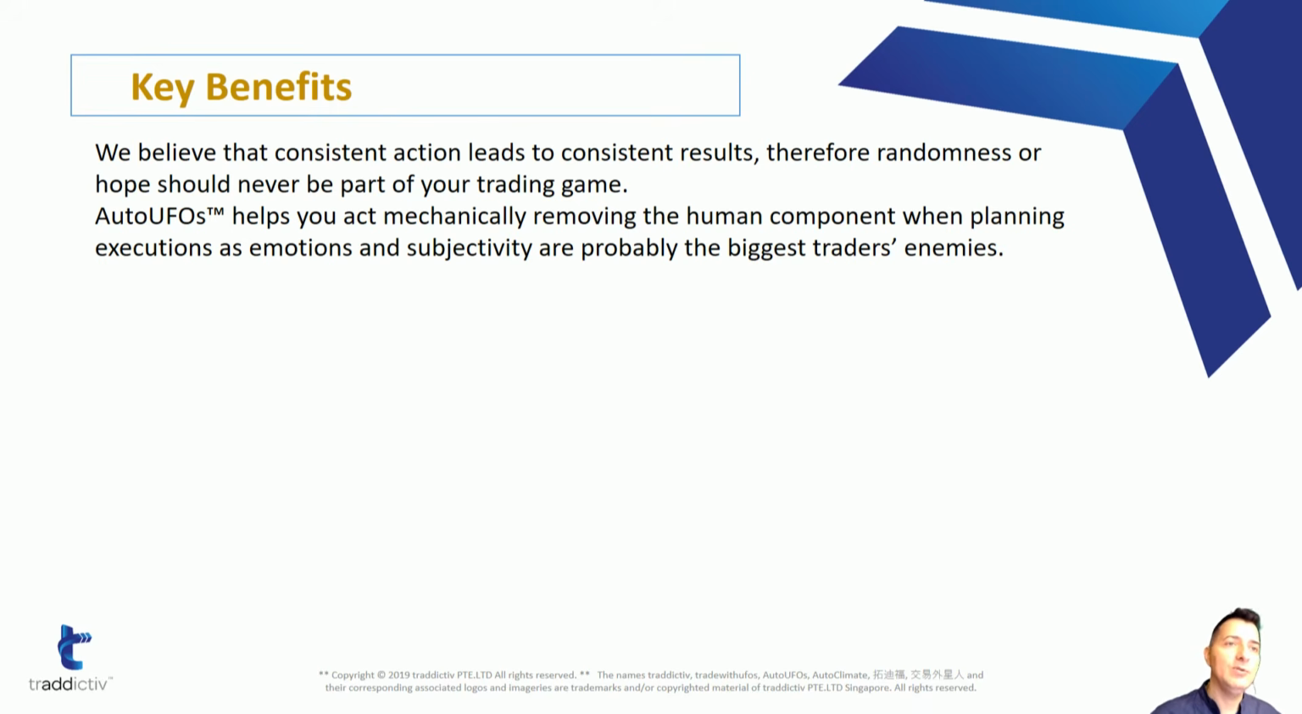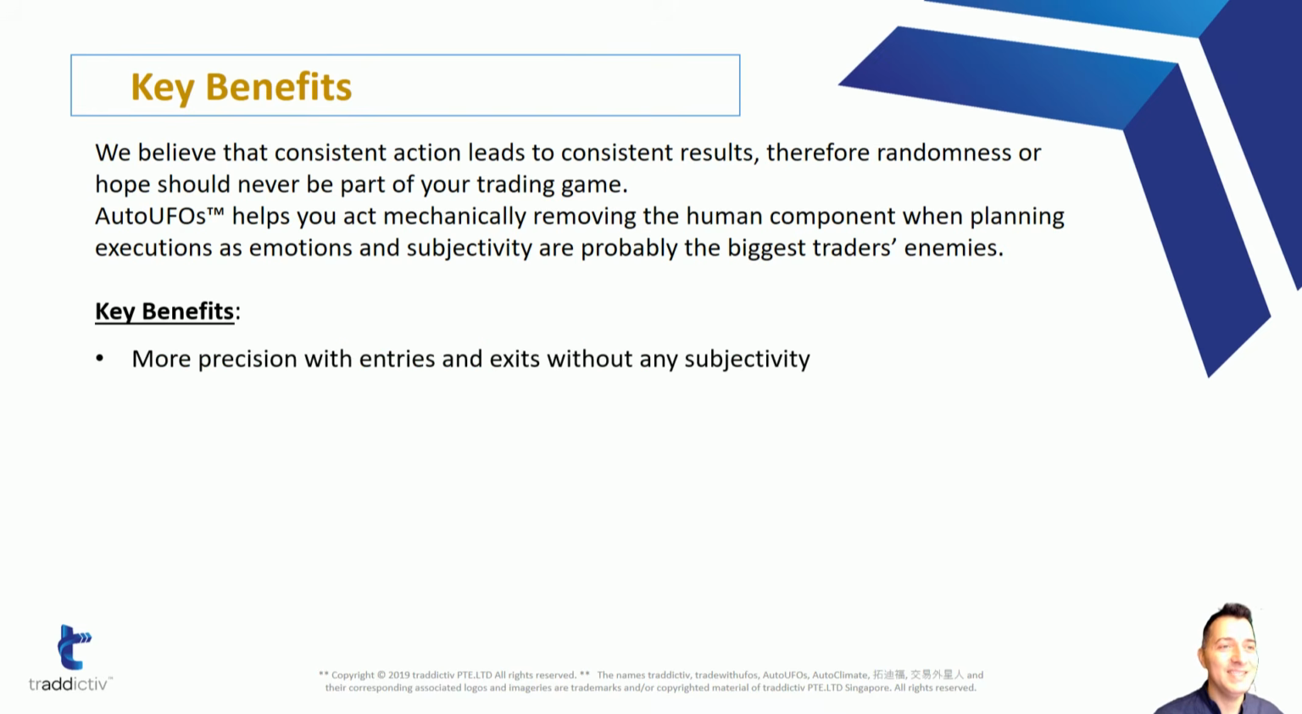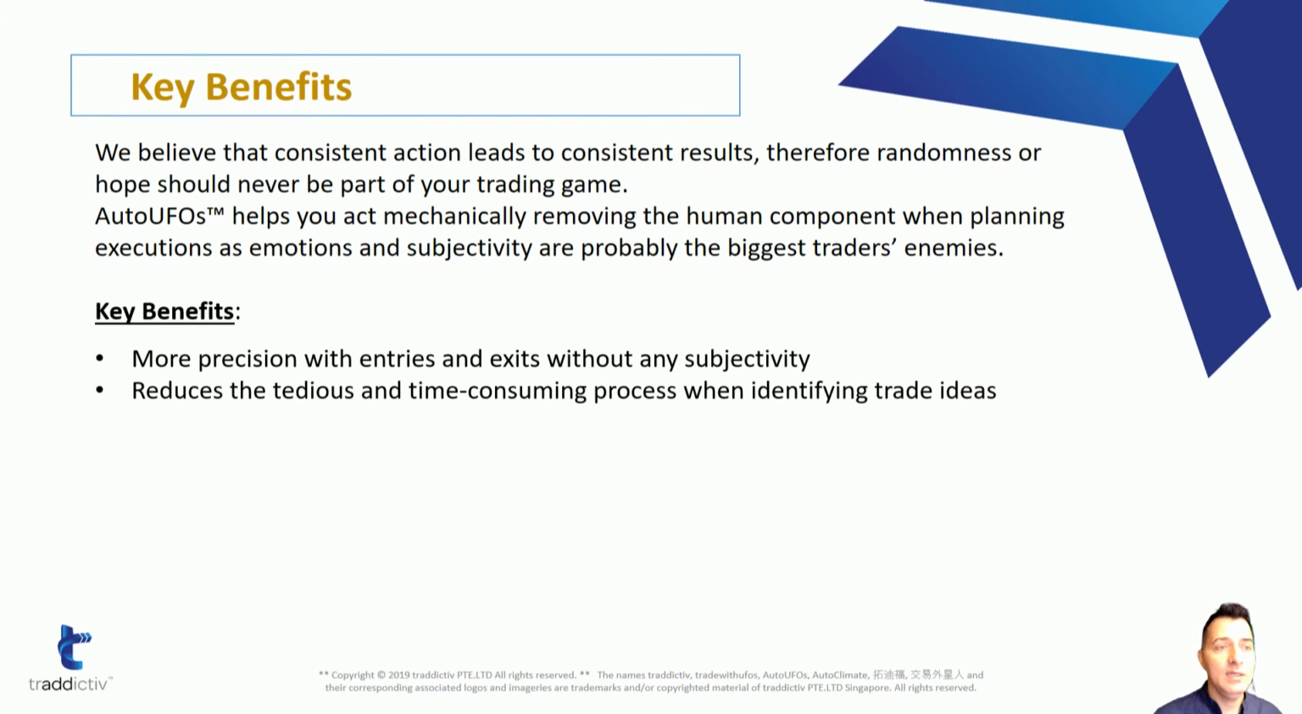Auto UFOs helps you to act mechanically, removing the human components when planning executions, as emotions and subjectivity are probably the biggest enemies of a trader looking at trading seriously, right? So benefits: more precision with entries and exits without any subjectivity, reducing the tedious and time-consuming process when identifying trade